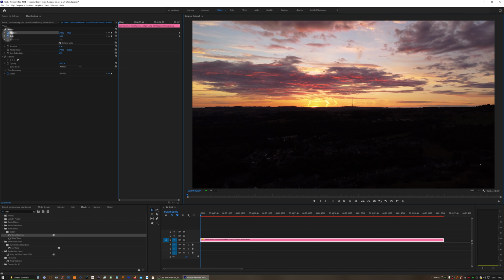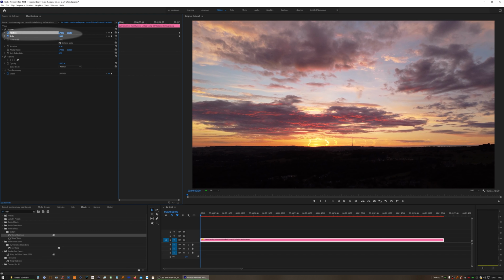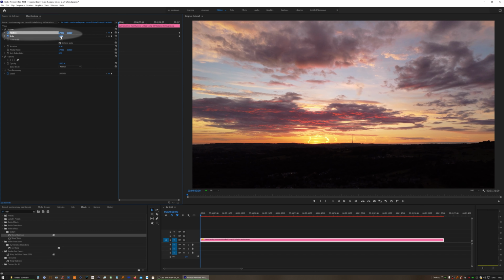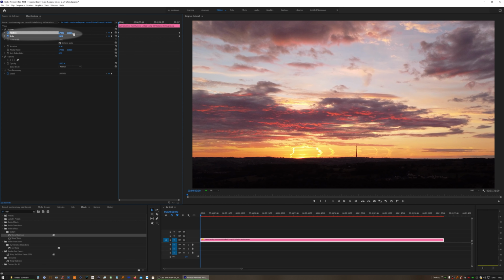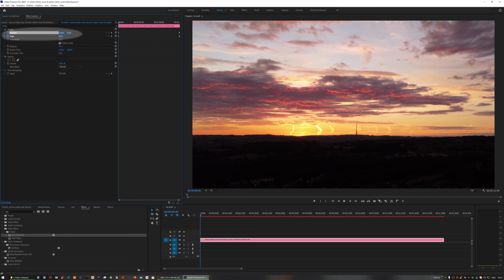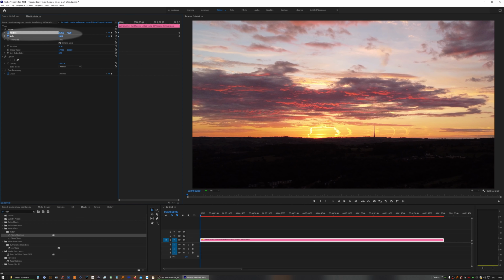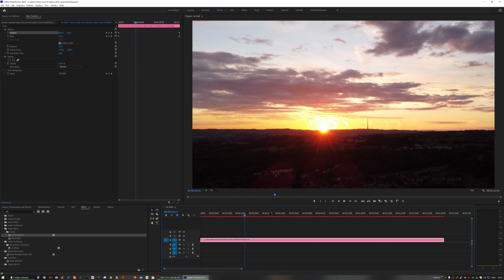Then I'll come to the start of the video and I want it to start from somewhere up, but we'll zoom in a little bit and then adjust the position to how we like. Maybe for the sake of argument I'll move that over to, and because we set a stopwatch keyframe at the end, it's now set keyframes at the start. So if we scrub through the video, we start from zoomed in and the position changed to zooming out